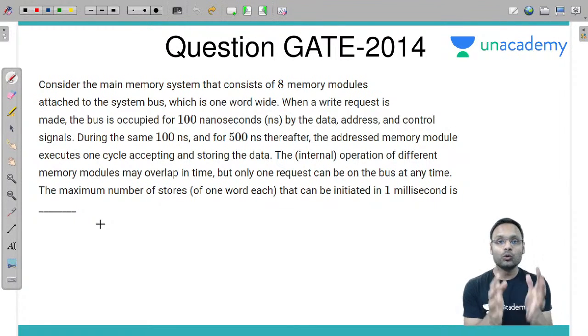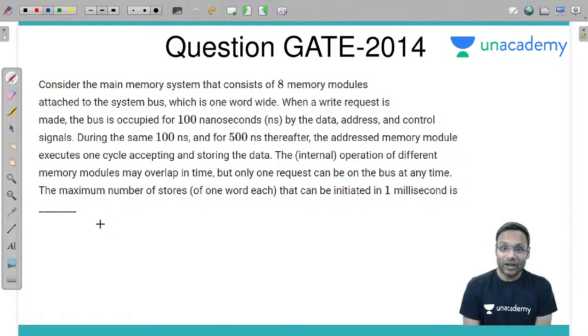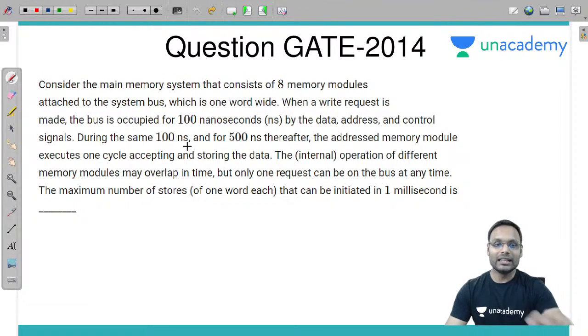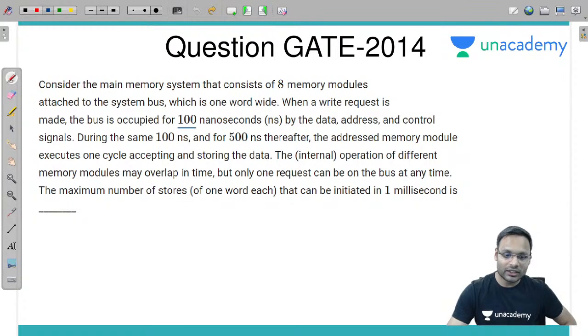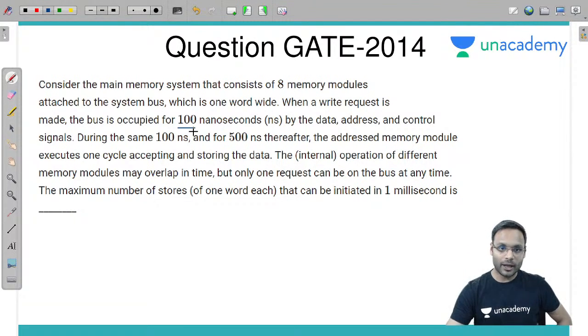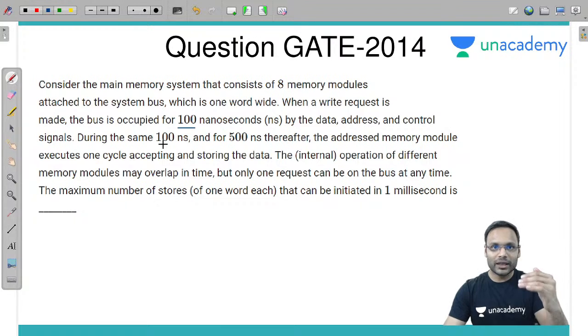Yes, and through what CPU will send all these three things? By the system bus, right? So data of one word or data of some word will be sent by data bus, address will be sent by address bus, control signals will be sent by control bus, and that will be taking 100 nanoseconds। कितना टाइम लगेगा उसमें? 100 nanoseconds।